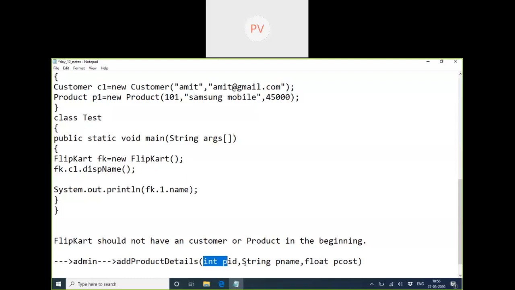So if he is entering data in the text field forms, what we should do is save it in the Flipkart drive. That means this operation is done by some employee of Flipkart. And what is he trying to do? He's adding new details of the product.